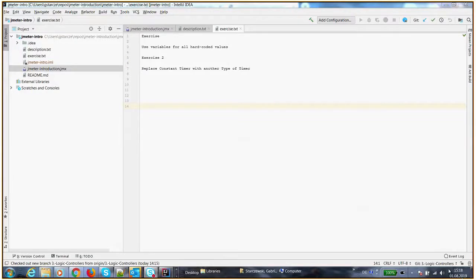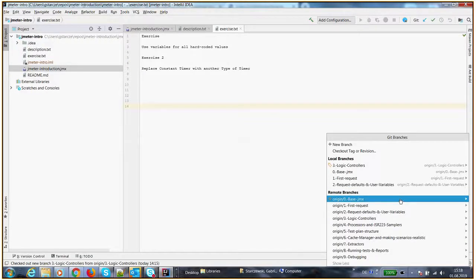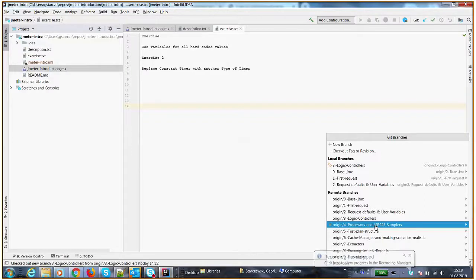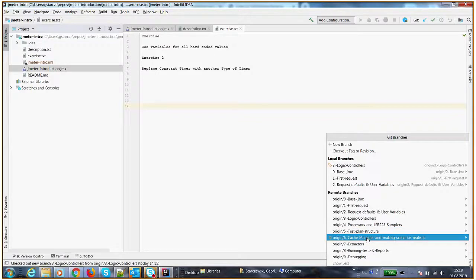So, we are going to talk today about processors and samplers. So we'll see the first elements of JMeter where we can actually write code. Then we'll talk about test plan structure. It might seem weird that we are talking about that in the middle of the course, but there is a reason for this. And we'll also cover some JMeter elements, not all of them, but some that make your tests more